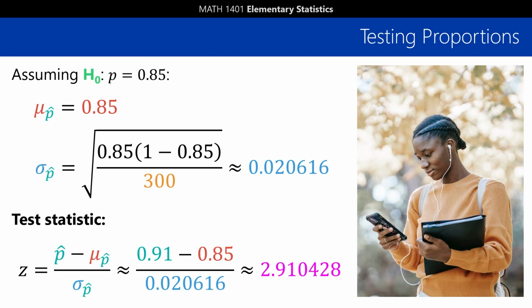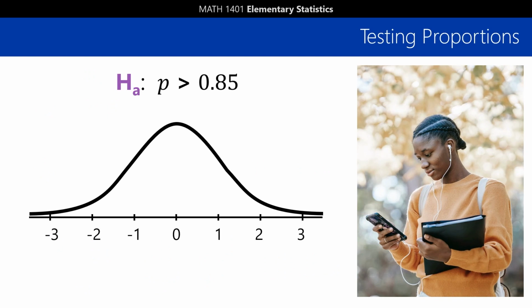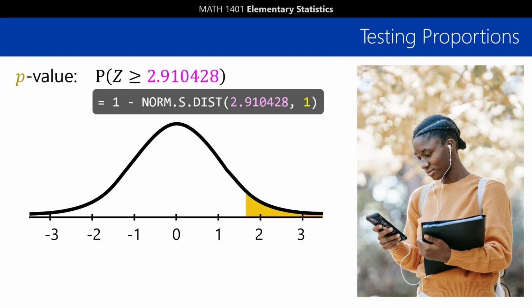Okay, so that's the test statistic. What do we do with it? Well, since our alternative hypothesis, our hunch, is that the proportion of college students owning smartphones is greater than 85%, that means we're going to use a right-tailed test. We're going to take our test statistic and figure out the probability that a given z-score could be greater than that z-score. Remember, we call that our p-value. So in our case, that's the probability that z is greater than about 2.91. We can calculate that with